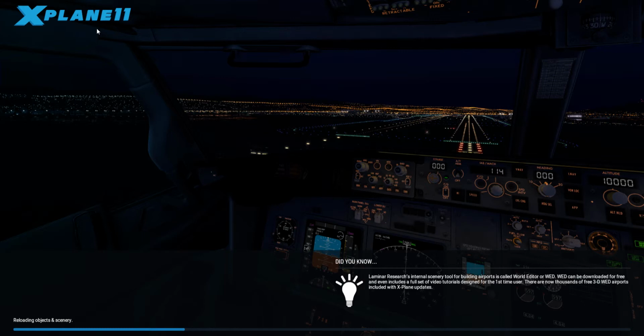One minute I've got it working, and the next minute I don't. It seems that each time I've reloaded X-Plane 11, there seems to be a bit of an issue going on. Something maybe to do with the updates, maybe the way it's updating from the internet. I just don't know. But when this problem first happened with those taxiways, as I said, what I did was,